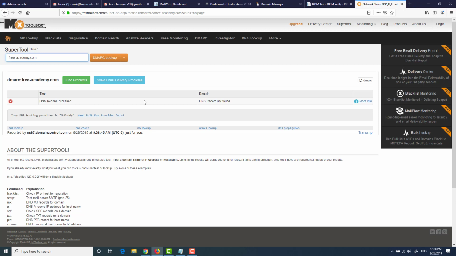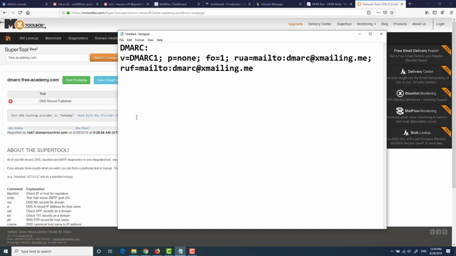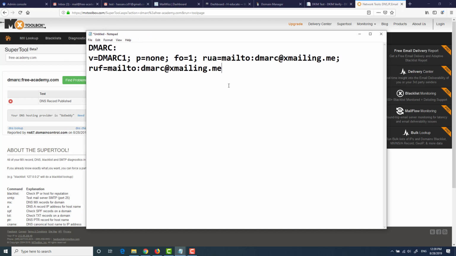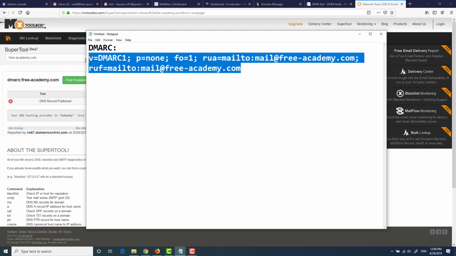Now to set up DMARC, it's super simple. I will open a notepad just to show you what the DMARC record looks like. So this is the DMARC record. Simply in the mailto here, add your email or whatever email you want to send alerts to. Let's say as an example, mail@freeacademy.com. And in the same way for the second email, copy this